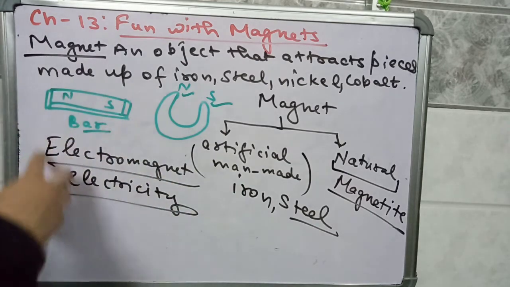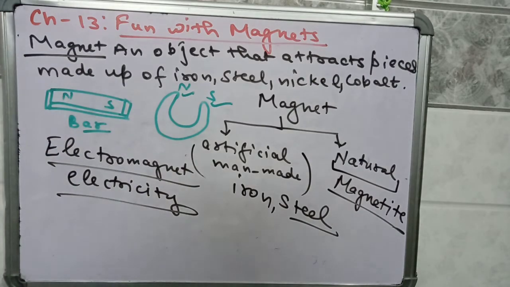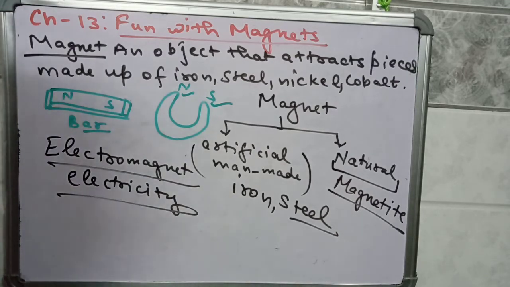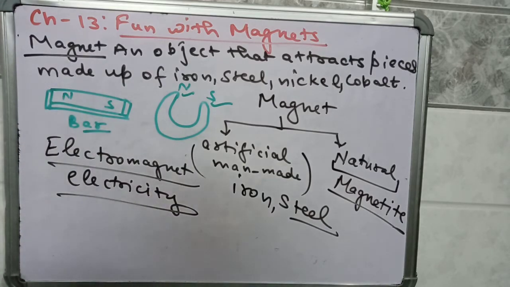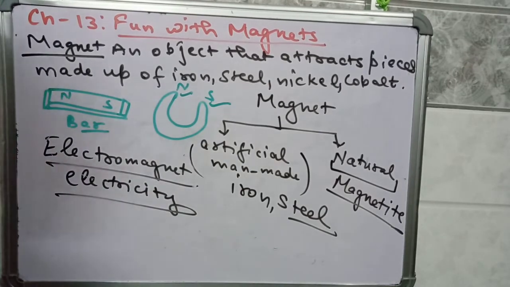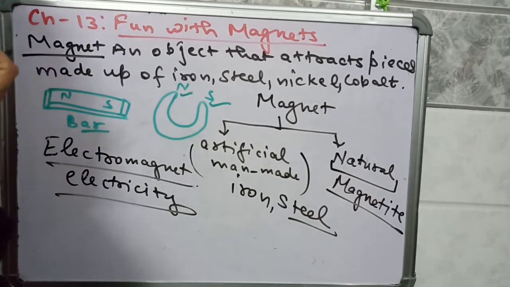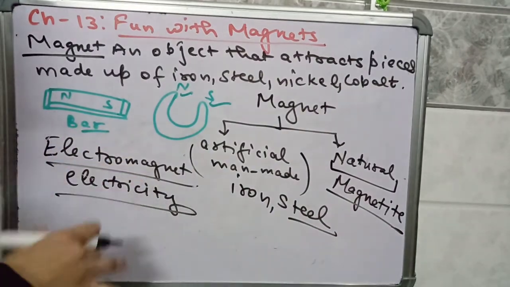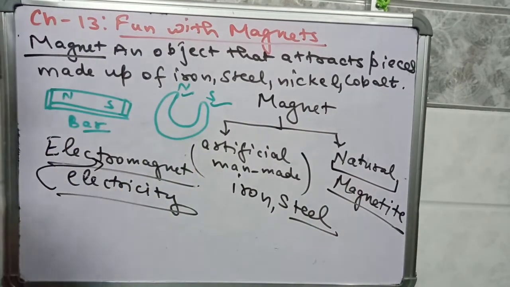Okay, so these huge electromagnets can separate pieces of iron or steel from a large area of garbage. Suppose there is a large dump area of garbage, you know, and in that garbage iron or steel pieces can also be present, so they can be separated from the rest of the garbage by using an electromagnet. Okay, so how does this electromagnet work? When electricity flows, then my electromagnet will acquire the property of magnetism.